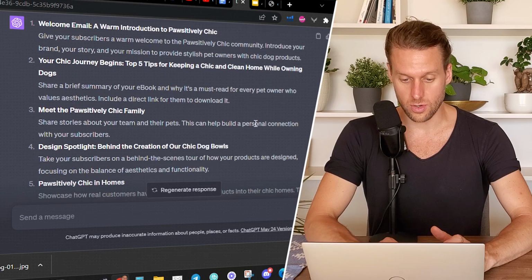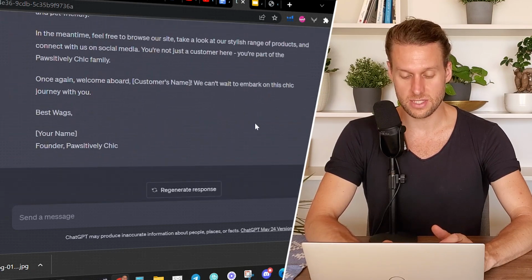Do this over and over again for all 10 of these emails, then load these into our email service provider, whether that's Klaviyo, ActiveCampaign, or MailChimp, and set it so that every new subscriber gets these 10 emails in a sequence in 10 days. Or you could do it over 20 days, every other day, or you can even extend it out longer, every 3rd day or something like that, so you don't feel like you're spamming your customers. But this allows them to continue engaging with the brand and continue clicking back to the brand too.